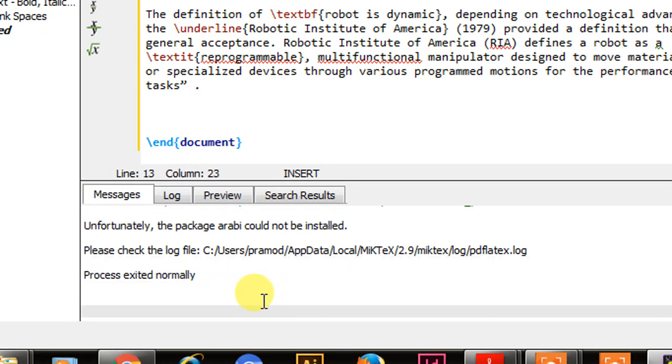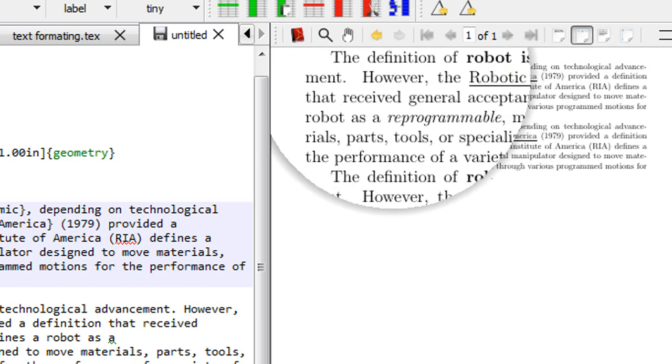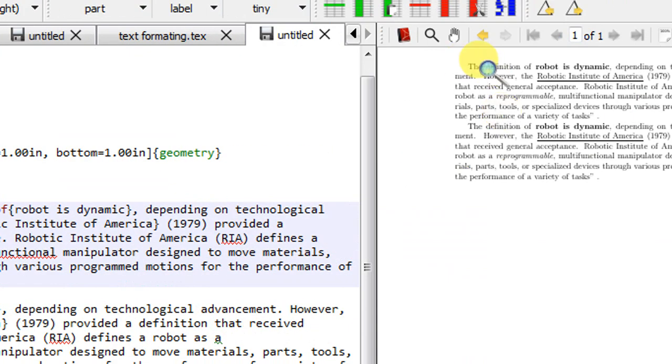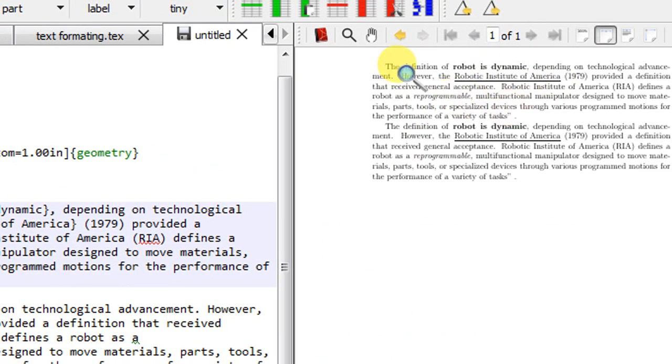The process executed normally, and if you see the output, we have kept more white spaces between the two words, the and definition, but in this output document it does not have any white spaces. That means LaTeX will not consider additional white spaces between the two words.